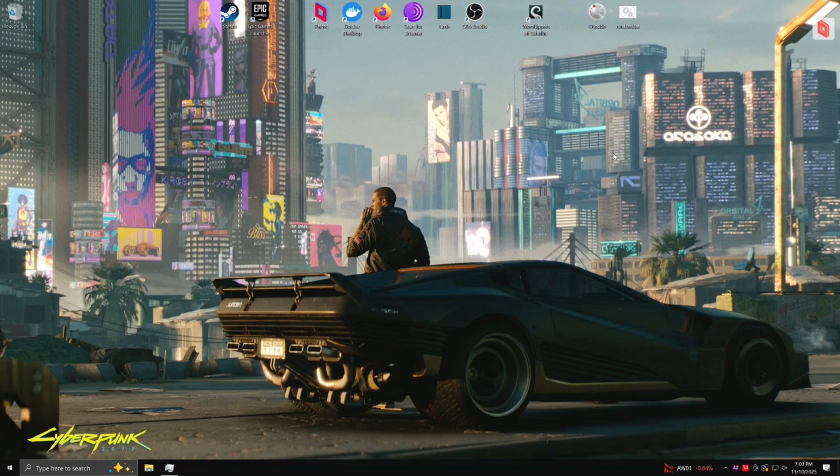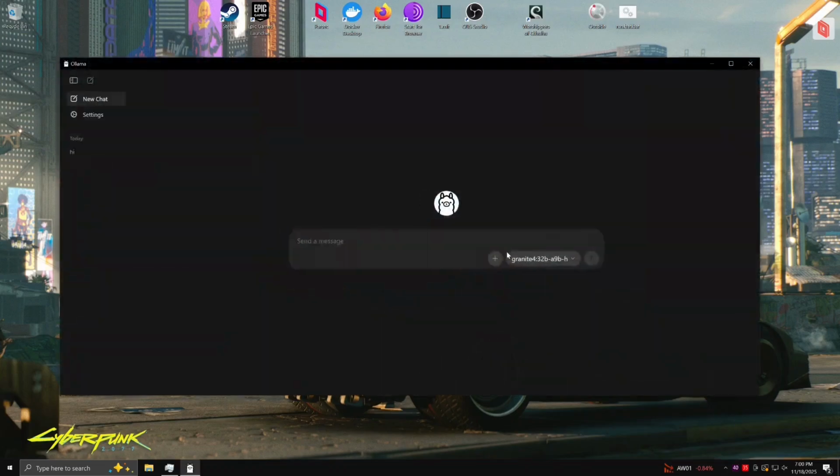And for this episode, first I'm going to show you what I have on my Windows machine. I'm running an Ollama model and I'm going to open it so you can see. The model that I'm running is Granite 4 32B-A9B-H. This is actually a really good model. It has 32 billion parameters, but only 9 billion are active at the moment. So you are going to be able to use it like I do with a graphic card with only 11